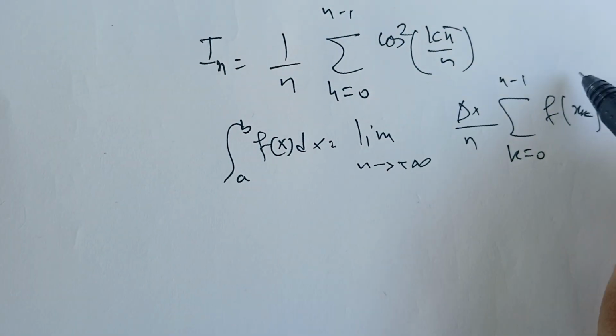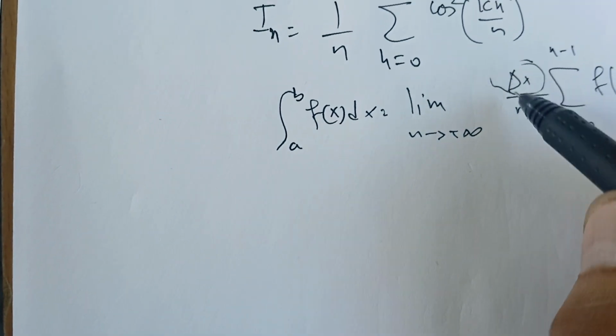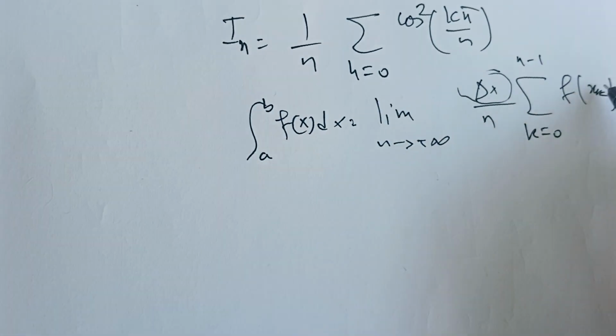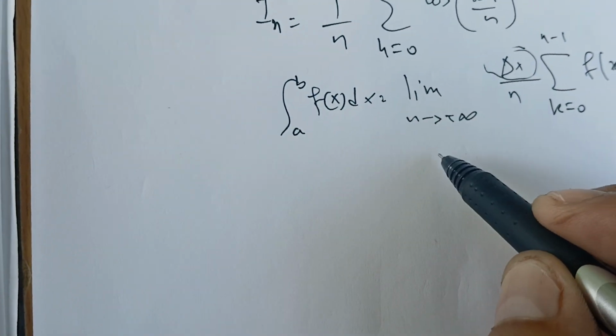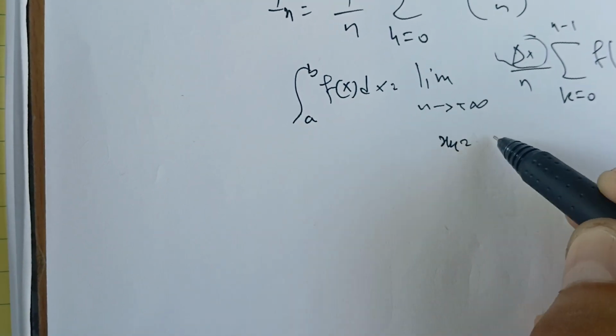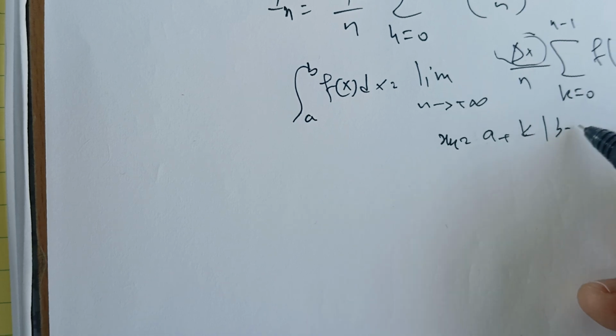We know f, we know the delta x, and we know the x sub k points. Most of the time we choose the sample point x sub k as a plus k times b minus a